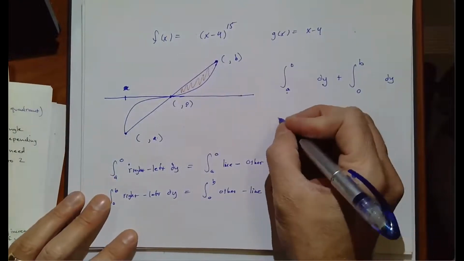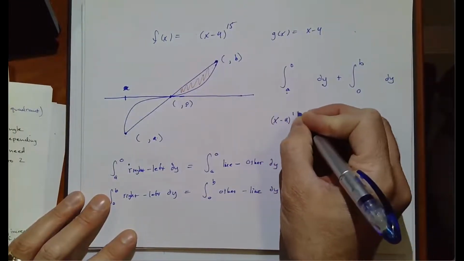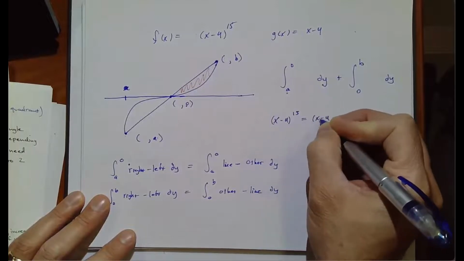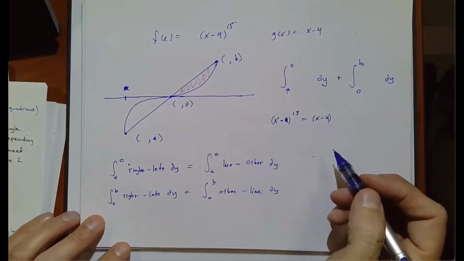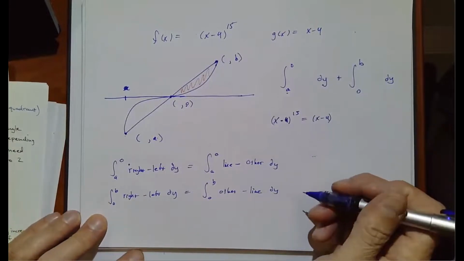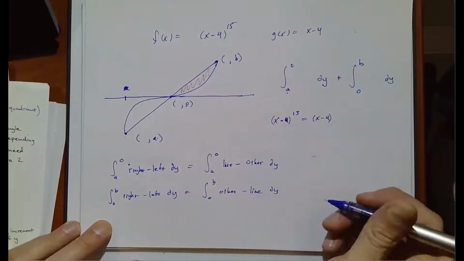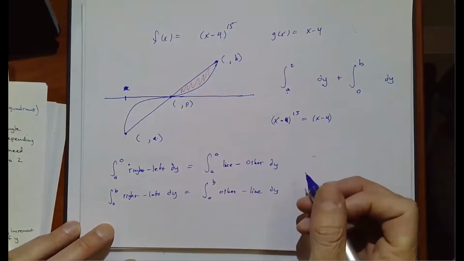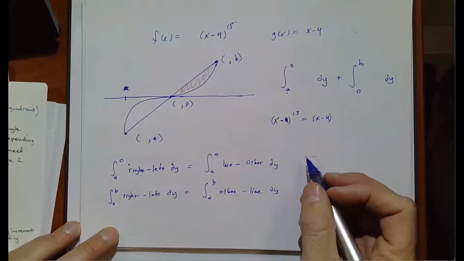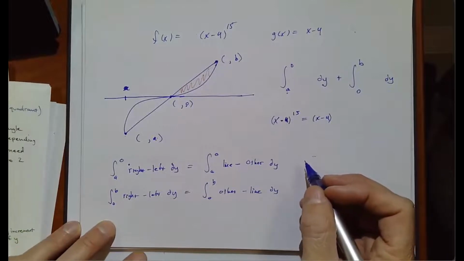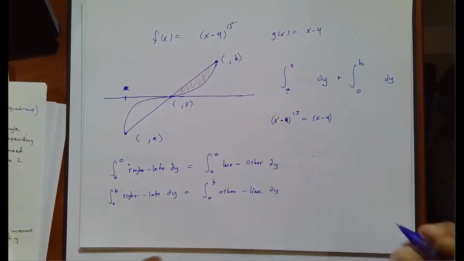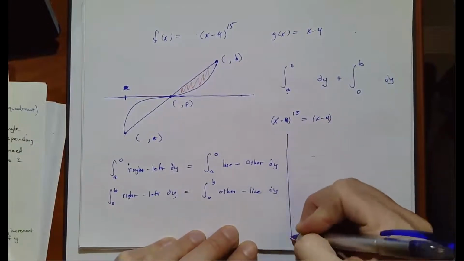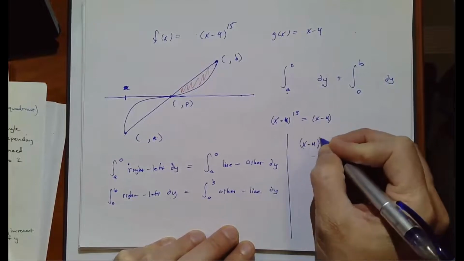So I'm going to set (x minus 4) to the 15th power equal to x minus 4, because even though I could solve for y, it's probably going to be easier to solve these equations as is. Now, the wrong thing to do here is to divide both sides by x minus 4. You can do that, and you'll get most of the solutions you need. Let me show you what happens if you do that. And you know what? I shouldn't say it's wrong because it's totally going to work out just fine. But the way I wouldn't always do this, if you divide both sides by x minus 4, you end up with